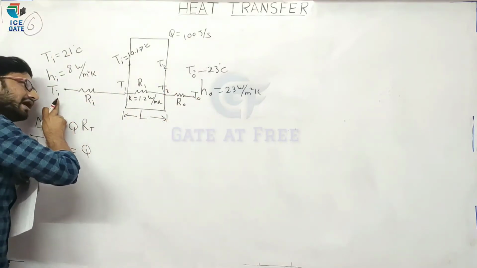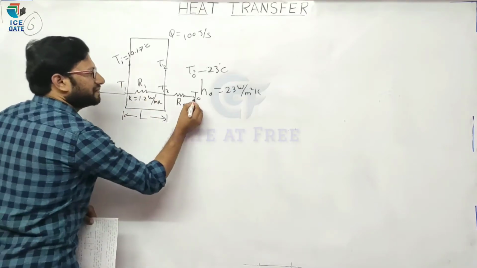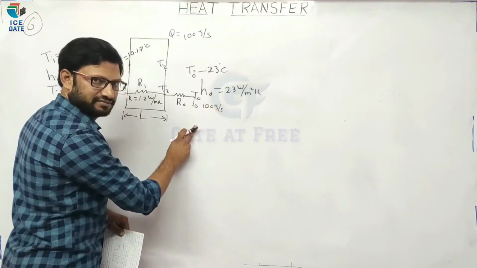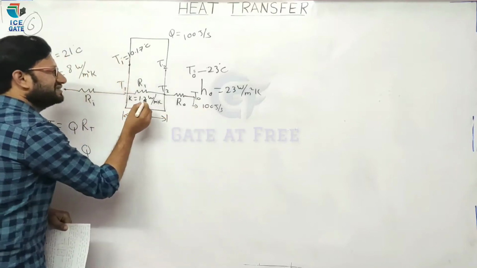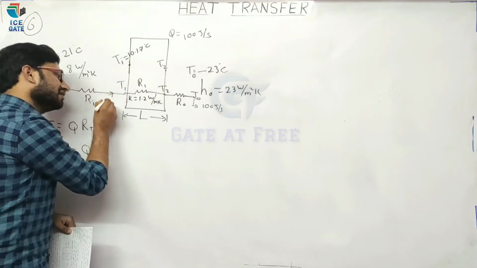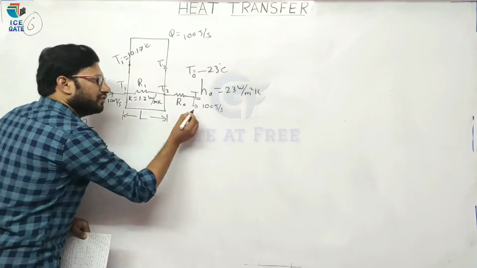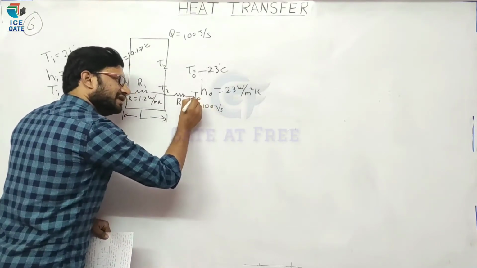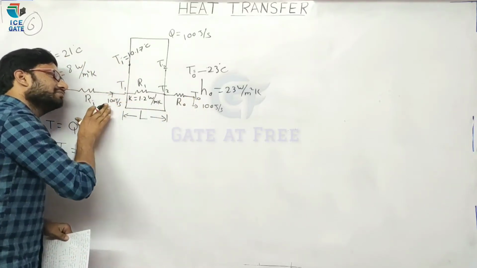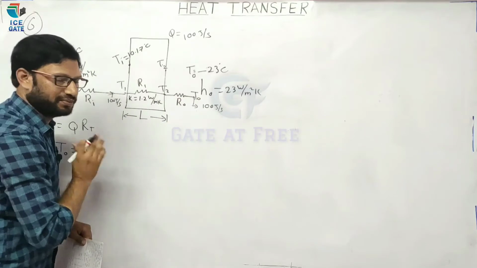Therefore, from Ti to T1, the rate of heat transfer is the same. For example, here how much heat transfer are you receiving? 100 joule per second. Now exactly at this point, what is the rate of heat transfer? Per second, here also the same, 100 joule per second. If you want to receive 100 joule per second at T0, then definitely at this point the amount of heat transfer must be 100 joule per second. Then only will you receive 100 joule per second at T0. Hope you understood.